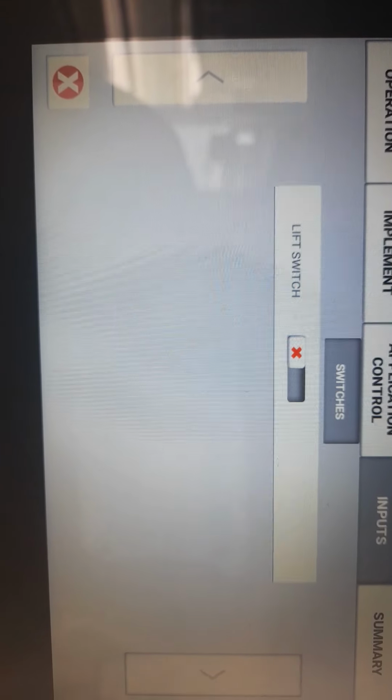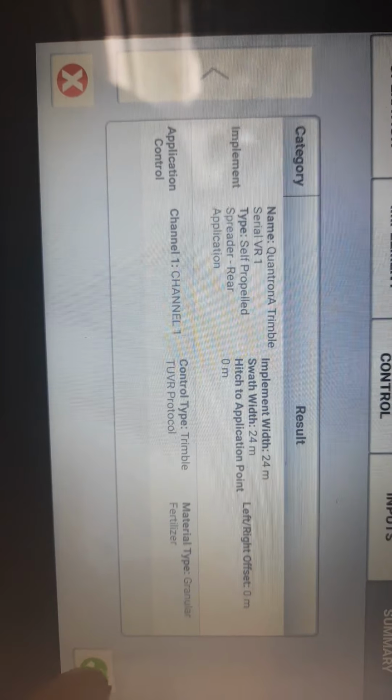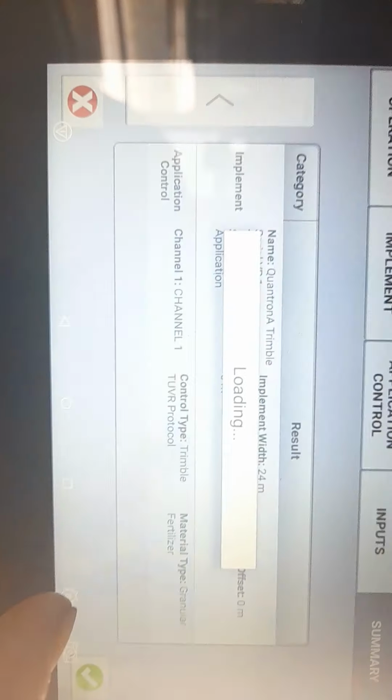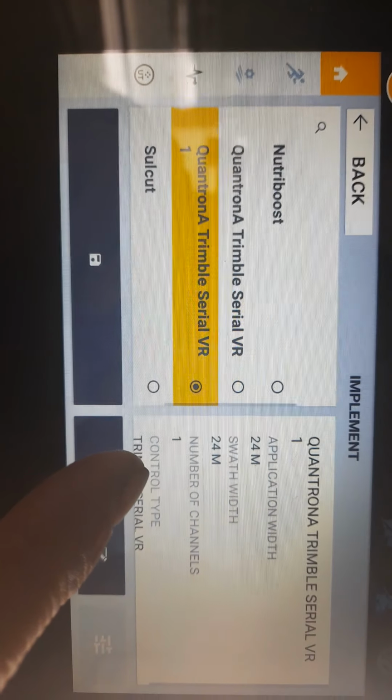Inputs, lift switch, we haven't got a lift switch, and then we come to the end, so it's given us there, we've got our application for that fertilizer. So now it tells us there